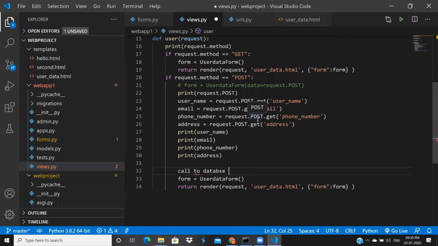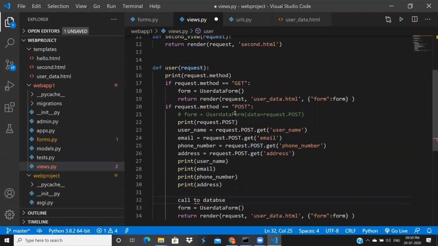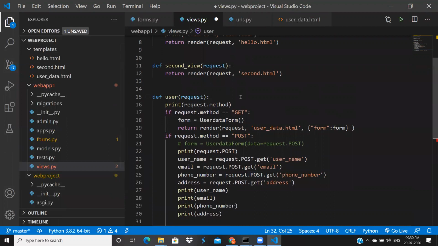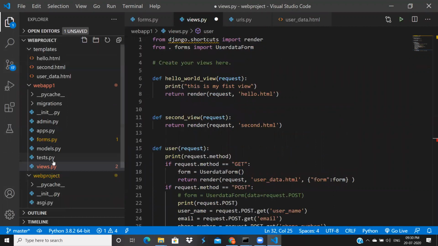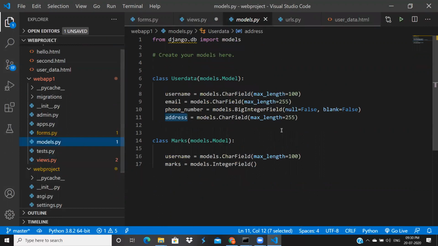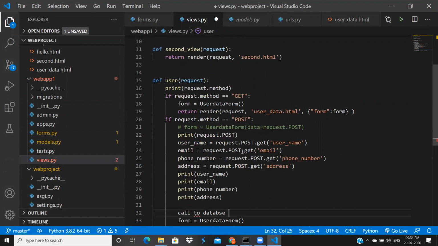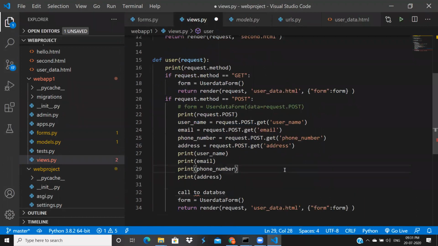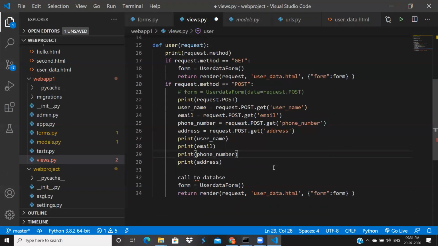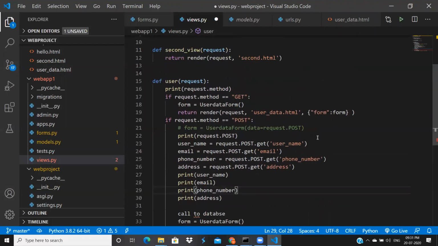I'm giving one task. Just create one new project in Django. After that, try to create one table, like what we did till now. Create PostgreSQL or MySQL, combine those things, create one table, and try to create one form and try to get the data the user enters into the views. I will upload this video to YouTube now. If you have any doubt, you can revise this video. Just try to do that.